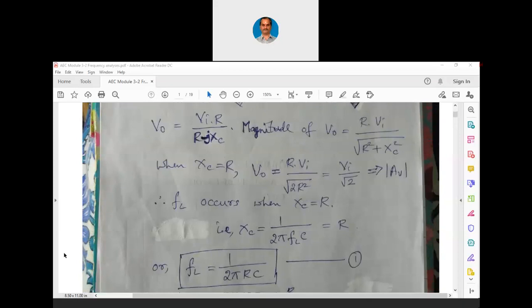Now this is a very standard equation. In many oscillators also, in future, we are going to use this particular equation only. In general, F equals 1 over 2 pi RC is going to be the formula for the output frequency of oscillators in case of RC phase shift oscillators. There the reason is that the oscillations occur when there is least resistance, and least resistance occurs when there is resonance. So this particular formula also corresponds to resonance when XC equals R.